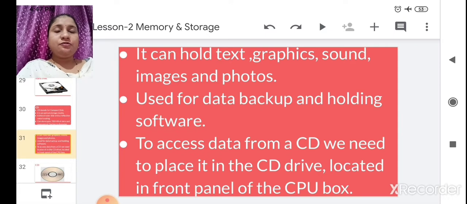Just press that button and the CD drive will come out. You can put your CD in that and press the button once again. So that is the CD drive, and it is located in the CPU box.